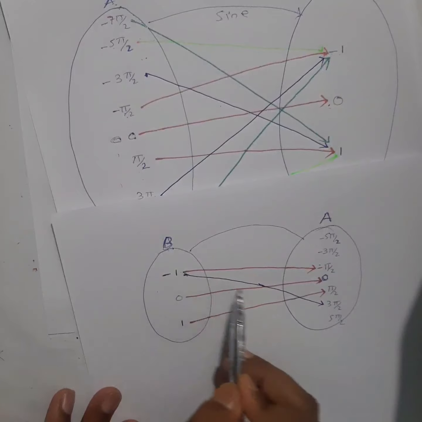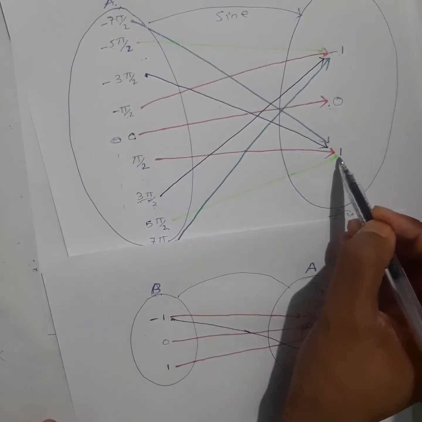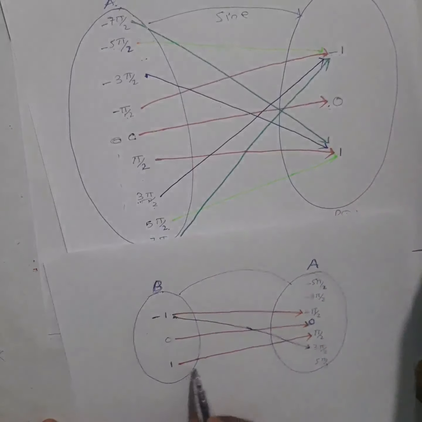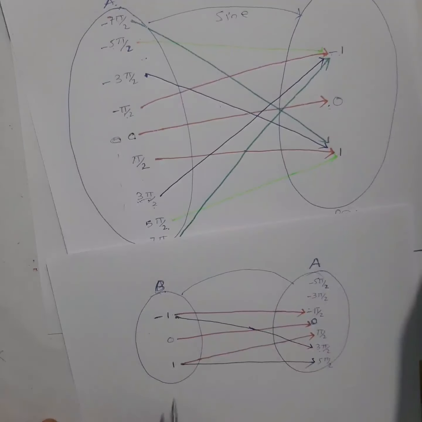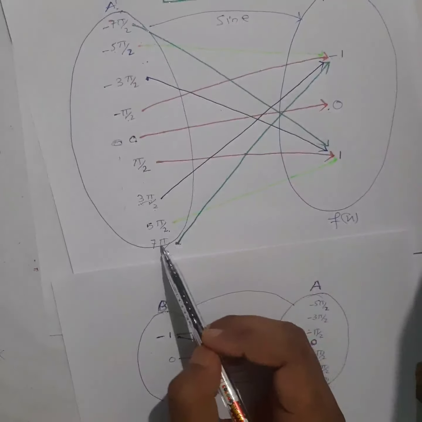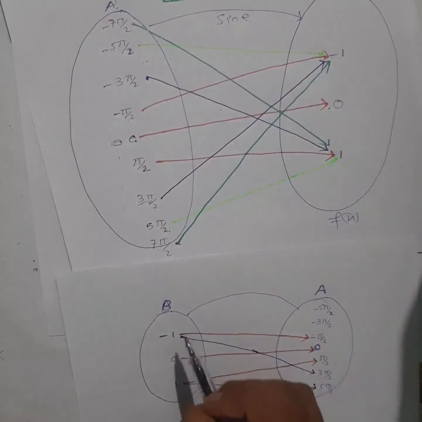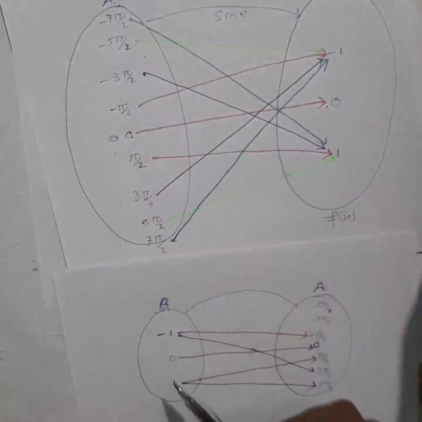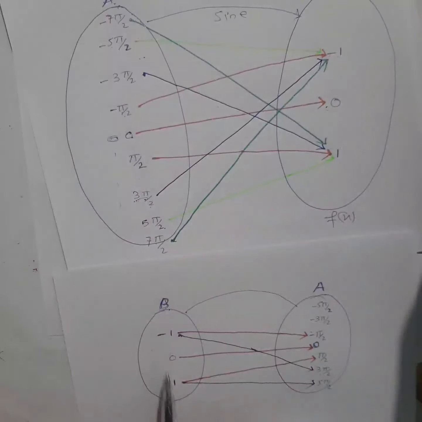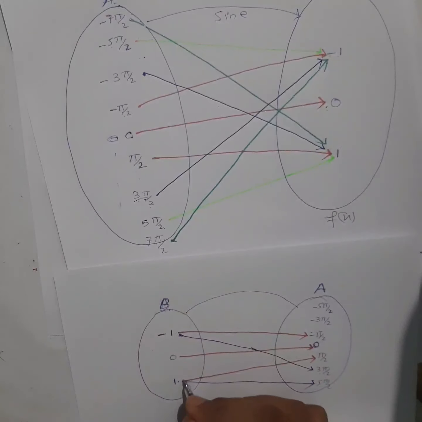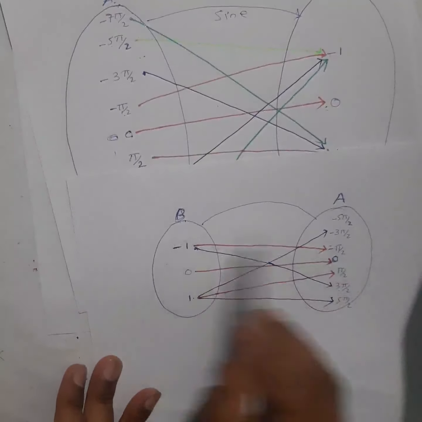So image of minus 1 will be 3 pi by 2. Same way 5 pi by 2, what is the image? 1, so 1 image will be 5 pi by 2. Same way 7 pi by 2 minus 1, I have not written here, I don't need also. To understand this is sufficient. Again minus 3 pi by 2, what is the image? 1, so 1 image will be minus 3 pi by 2. Now can you see, if you keep on finding inverse like this?